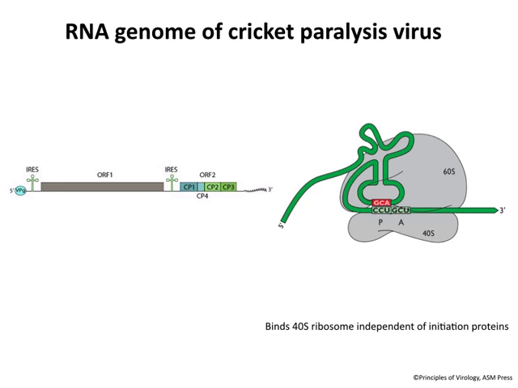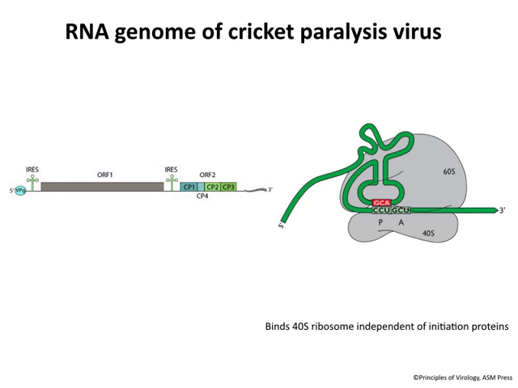And there's a poly A tail at the 3' end. That second open reading frame is preceded by a second internal ribosome entry site. So ribosomes can bind internally to translate that. And that's where this non-AUG initiation occurs, at the IRES between the two open reading frames. And again, this is a cool IRES because it can bind the ribosome like the hep C IRES without any other initiation proteins. This is the only example I know of a eukaryotic polycistronic messenger RNA. That is an mRNA that has two open reading frames on it.